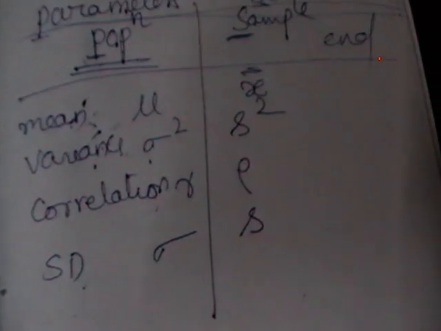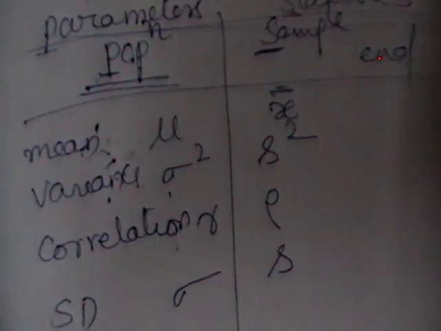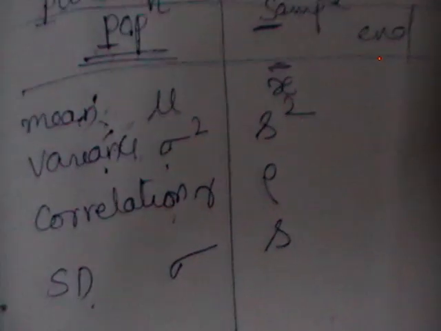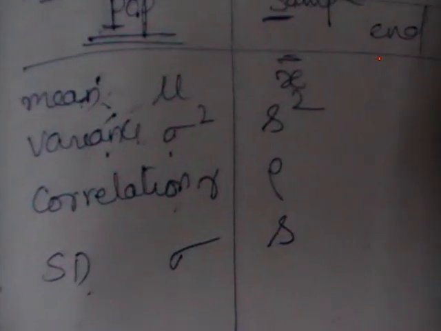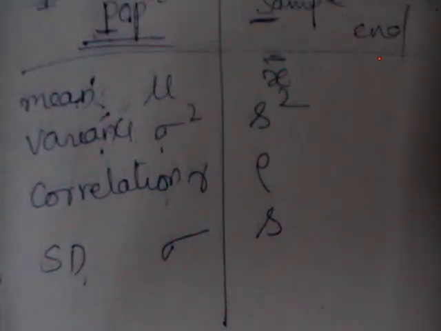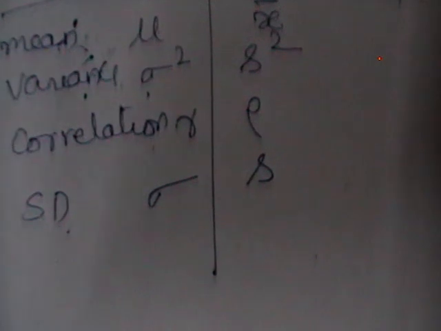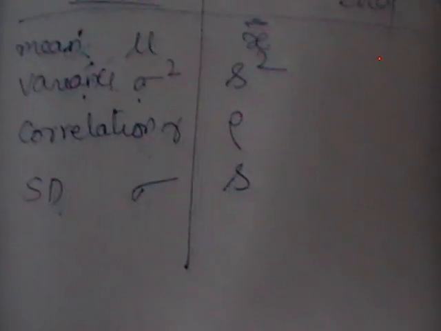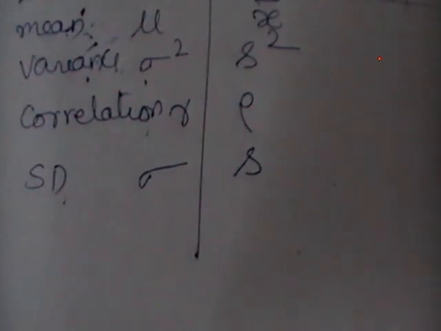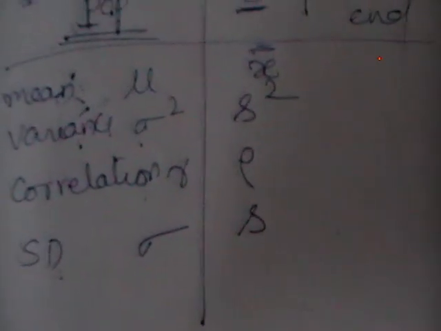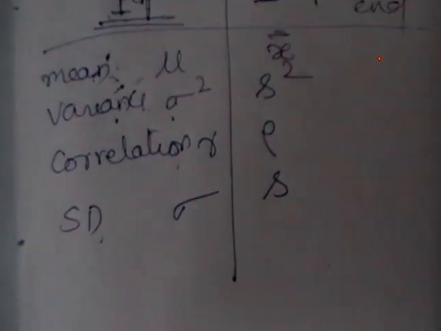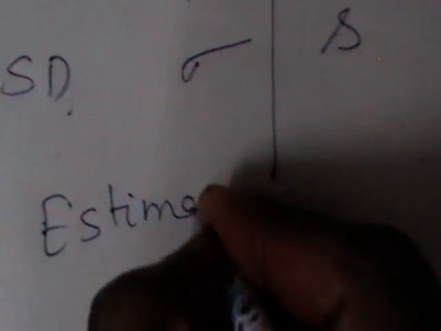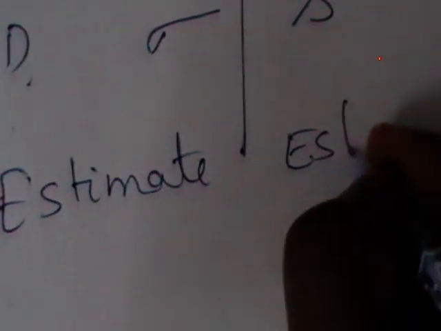Up to now you have only mean, simply mean. You didn't have terms like population mean and sample mean. As we have just discussed population and sample, the mean may be a population mean or a sample mean. Population mean we write with mu, sample mean we write with a different notation. Generally population constants are called parameters, sample constants are called statistics. Now after this topic you should see what is an estimate and an estimator.